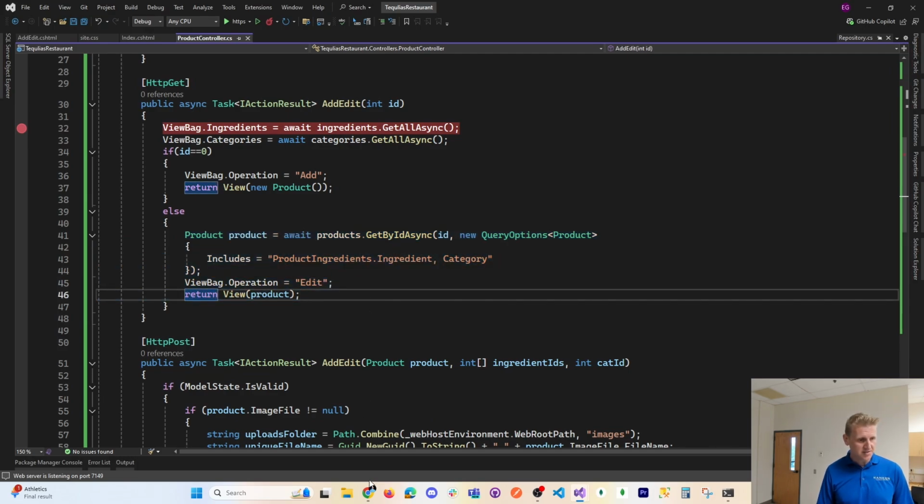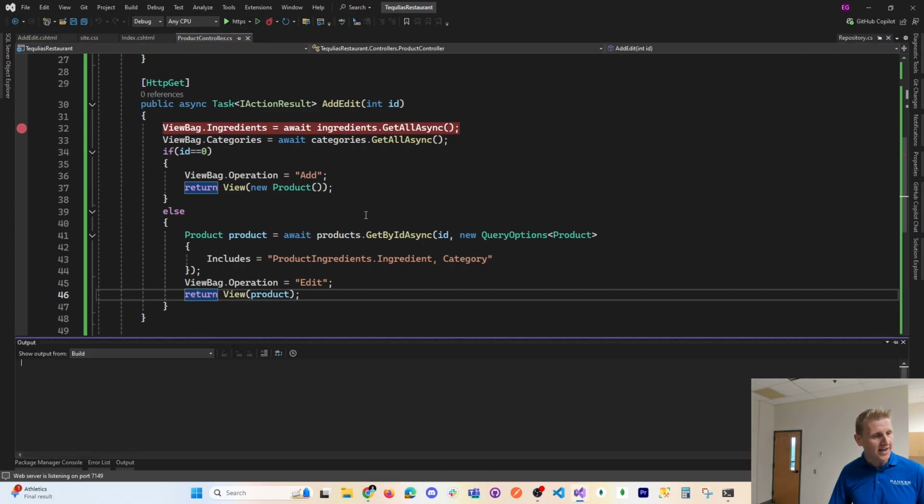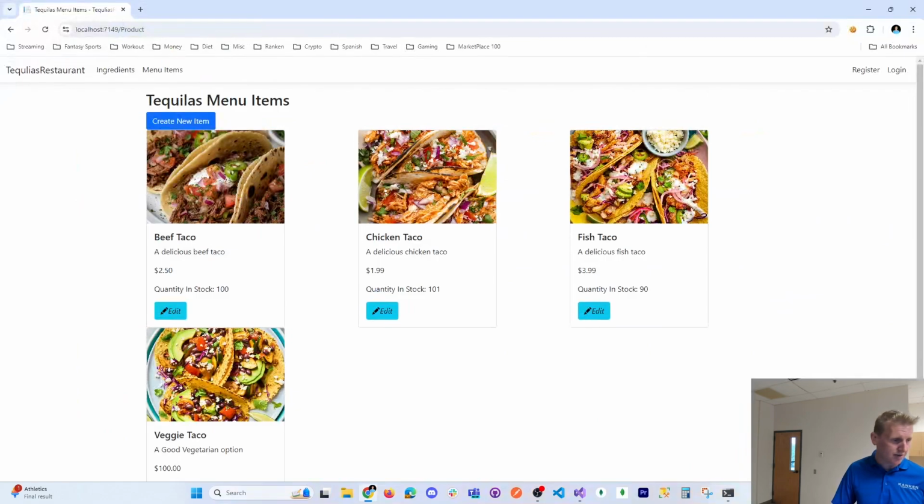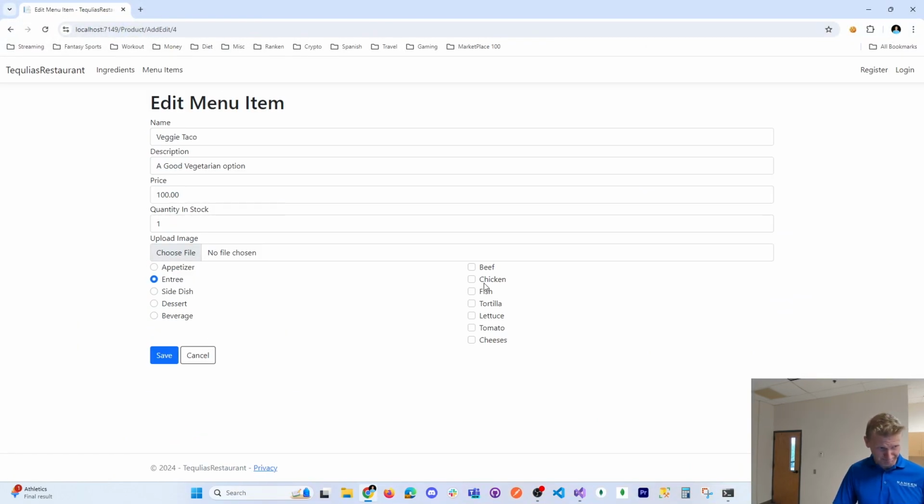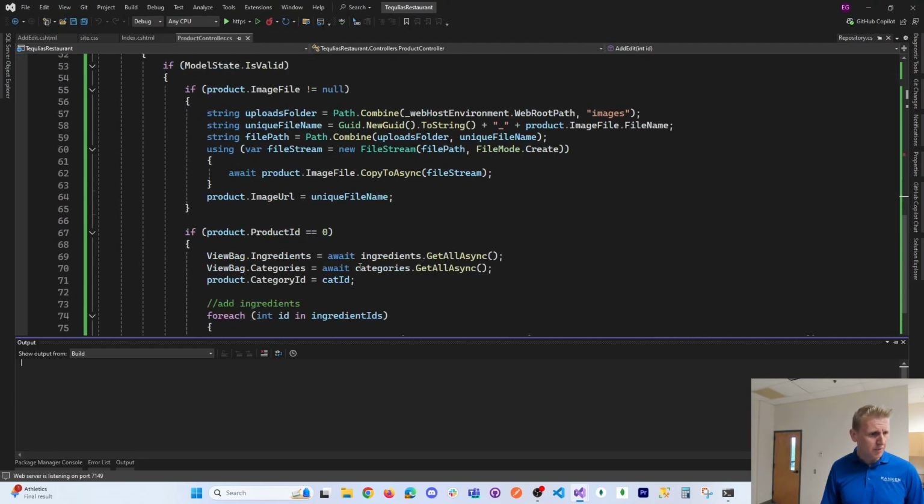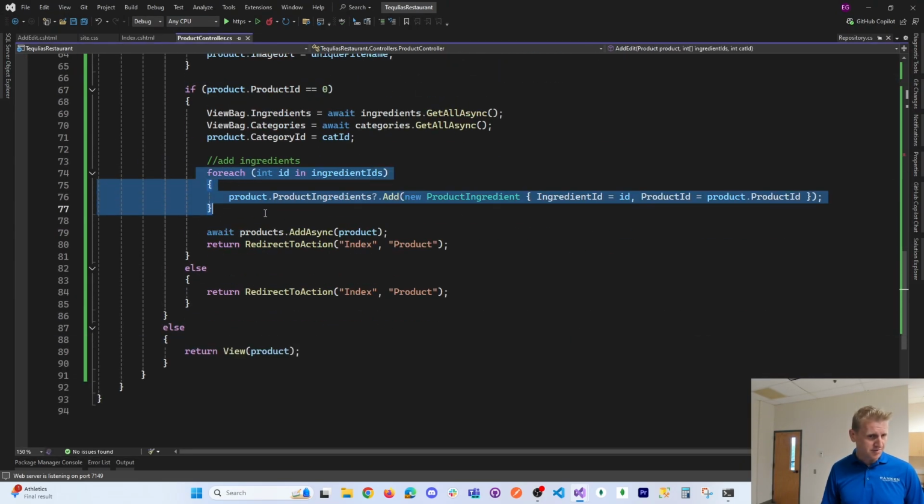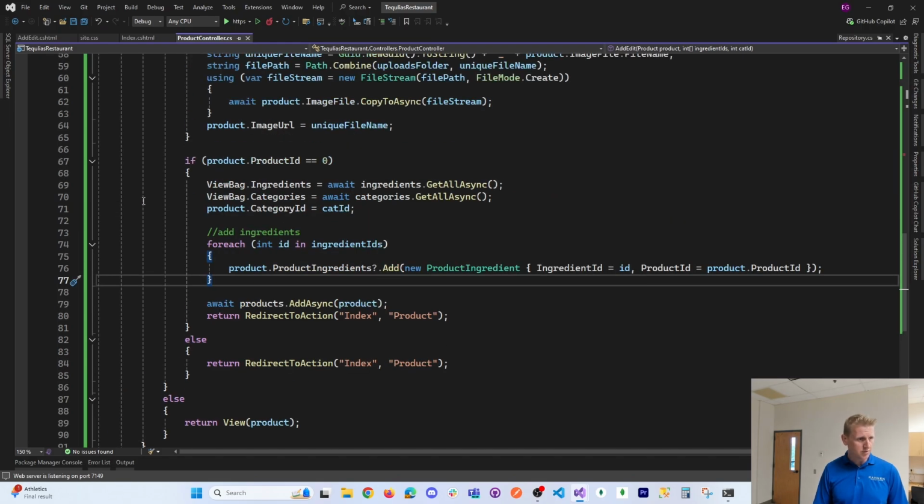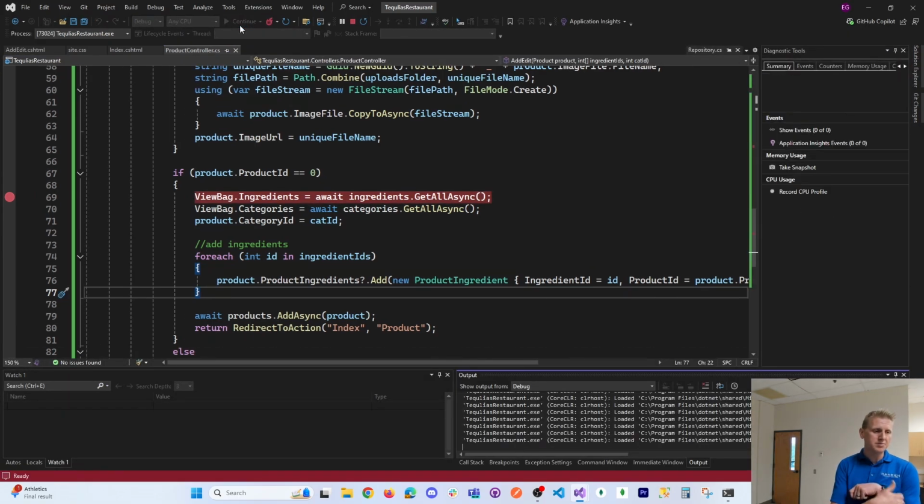It's just for whatever reason my add didn't work correctly with my product ingredients, and so my veggie taco did not add the ingredient list properly. And so that's kind of where I've landed. The problem is, if I actually look in my database, my veggie taco doesn't have any ingredients. And I was troubleshooting this, and it looked good, it looked like my product ingredients were in fact going in, but ultimately